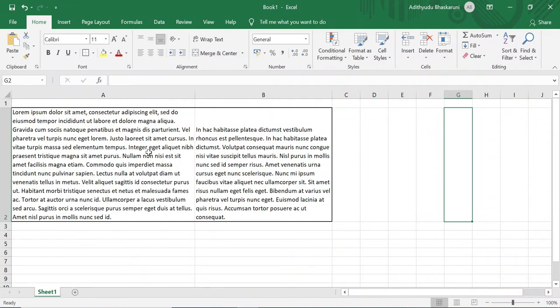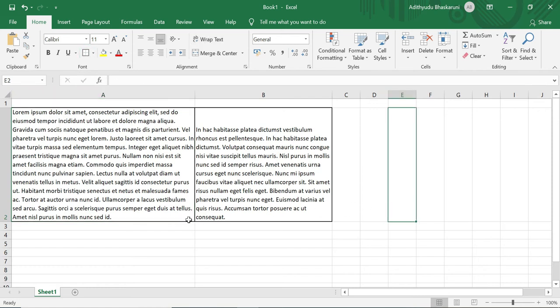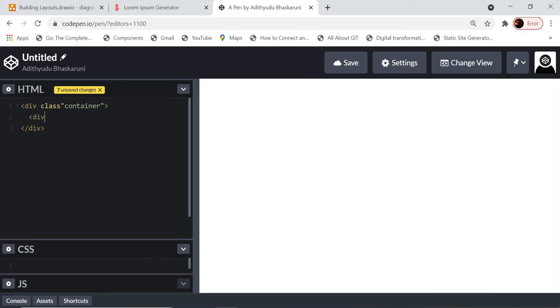So what is the next box I am seeing? This is the next box, which is the leftmost box. If I highlight here, this is the one which I need to define now. So I'll say div class again, and I'll say left text container.